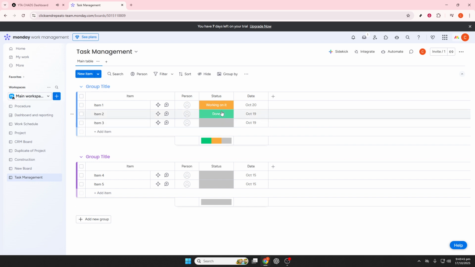I hope this guide has been helpful in getting you started with Foxly for Monday.com. By following these steps, you'll be well equipped to manage and